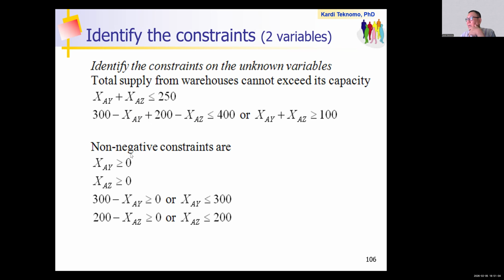Now your non-negative constraint also changed, because a while ago it was just positive. But because you replaced, you need to change that. Now it is no longer just larger than 0. Now you need to put this on the right hand side, becoming less than 300, and this one less than 200. So you need to do some algebra to identify the constraints of the 2 variables.